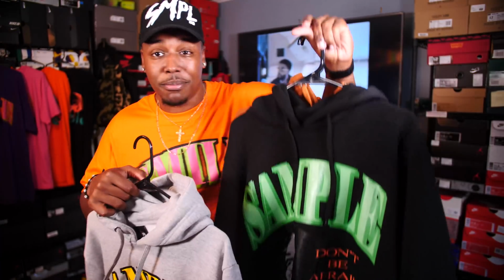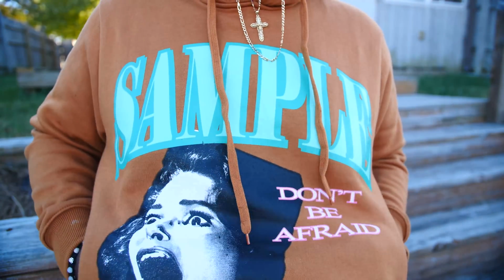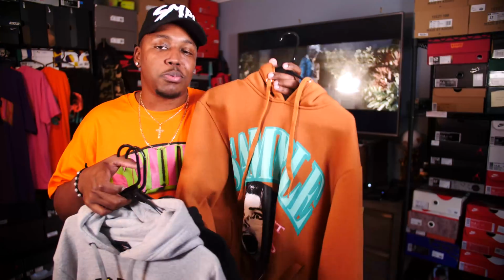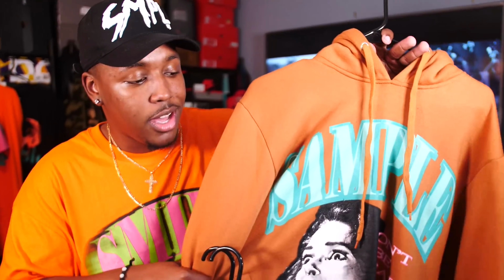Then you also have the black right here with the green and orange. I did have my off-white Prestos in mind when I was doing that one. And then you have this colorway, which is like the Harvest gold colorway, or brown, depending on how you look at it. And this one right here is probably my favorite colorway. I really like the gray. I mean, the black is a given, but this one's fire in my opinion, and it goes perfect with, well,